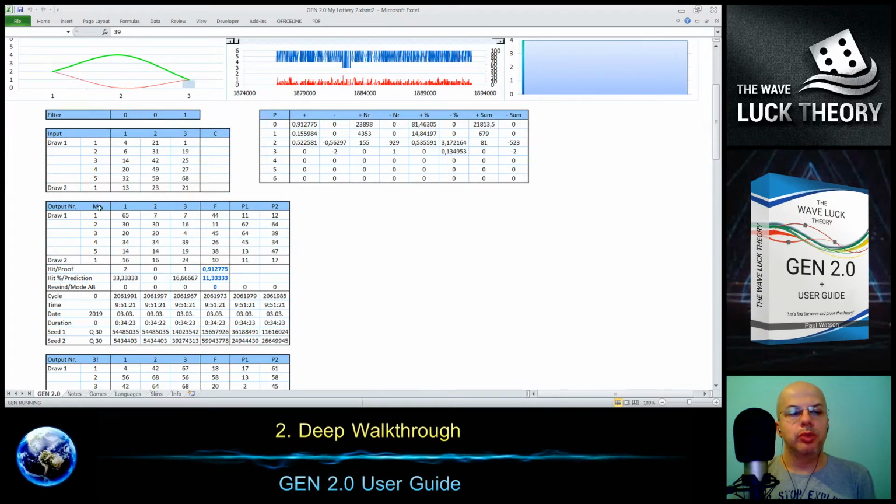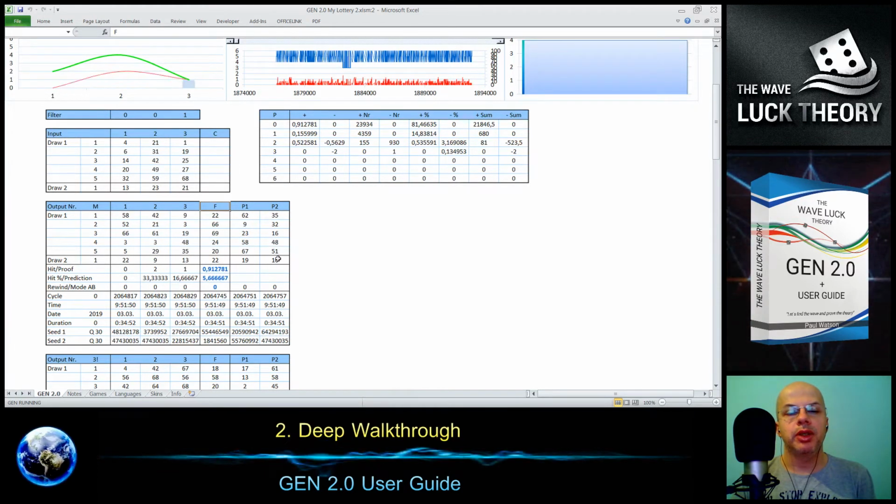So that's the monitoring. Then we have the generated numbers for draw 1 and draw 2 for the first day, for the second day, for the third day in our case. Then we are generating numbers for the upcoming following days marked by F like future, and as we decided to have future lots, there are 2. The gene continues to generate numbers for the second upcoming day and for the third upcoming day.